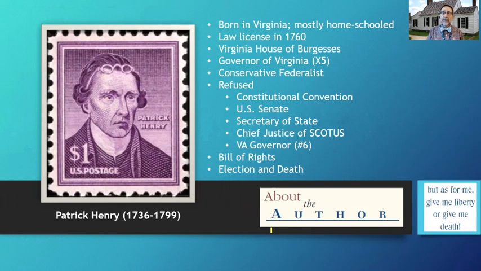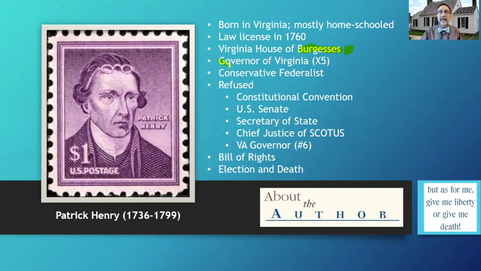Through his own education, he managed to get his law license, and then he joined the Virginia House of Burgesses. So let me just explain what that is. Today we know that a house is a legislative body. At this time for Patrick Henry, we don't have any burgesses, I don't believe, in the United States. The Virginia House of Burgesses was a local governing body by authority of the king. Since Virginia was still a colony at that point, any kind of government, self-government especially, wasn't really self-government. It was with permission of the Parliament and with the permission of the king.